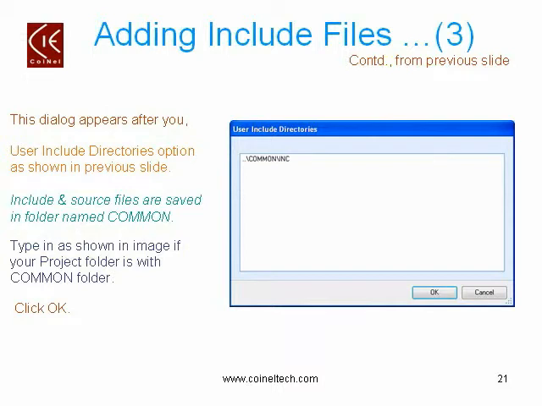This dialog box appears after you select the option User Include Directories as it was shown in the previous slide. Include and source files are saved in the folder named common. So you need to type in as shown in the image if your project folder is within the common folder, and then click on the OK button.